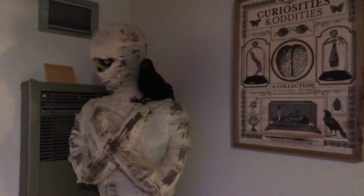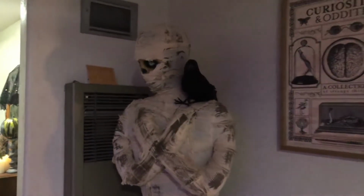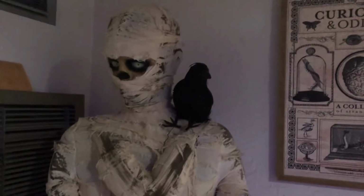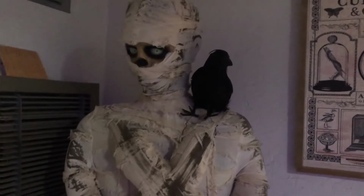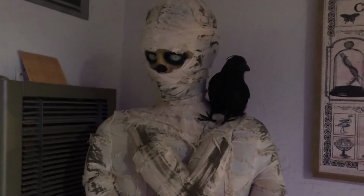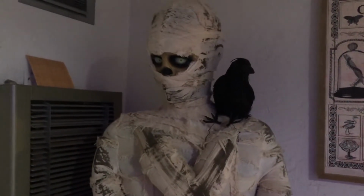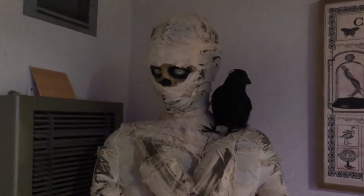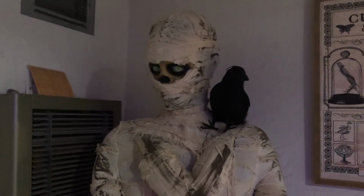Hey, you! I wish I could get him to go because he's got the coolest eyes. His eyes are like this creepy green. Let's see if I unplug him and plug him in. Maybe that'll make him go. Or maybe I switched him off. Let's try it. Try this. That's supposed to be the sensor, but sometimes turning the light on